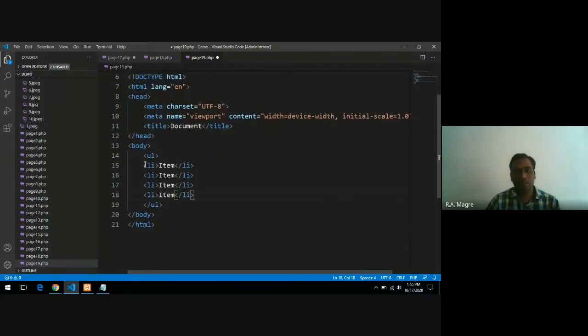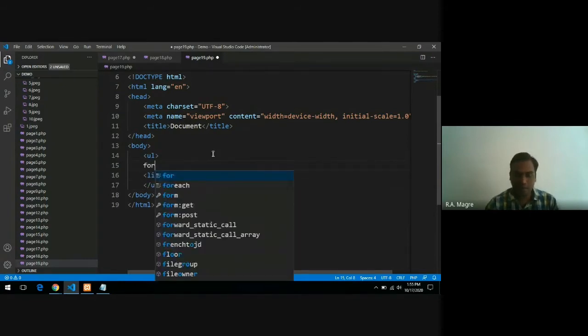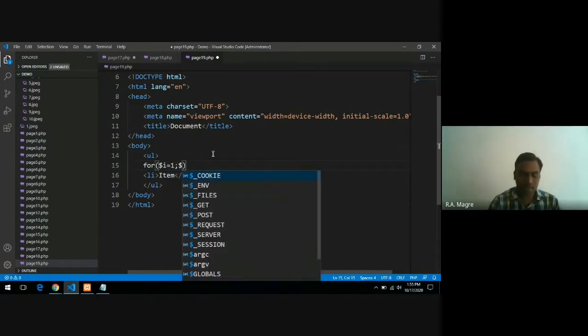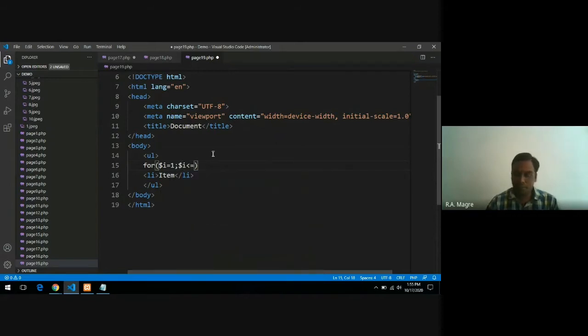And these LI tags you can generate using a loop. Suppose I want to print 10 list items. What do you have to do? You have to simply write here for $i equals 1; $i less than or equal to 10; $i plus plus.